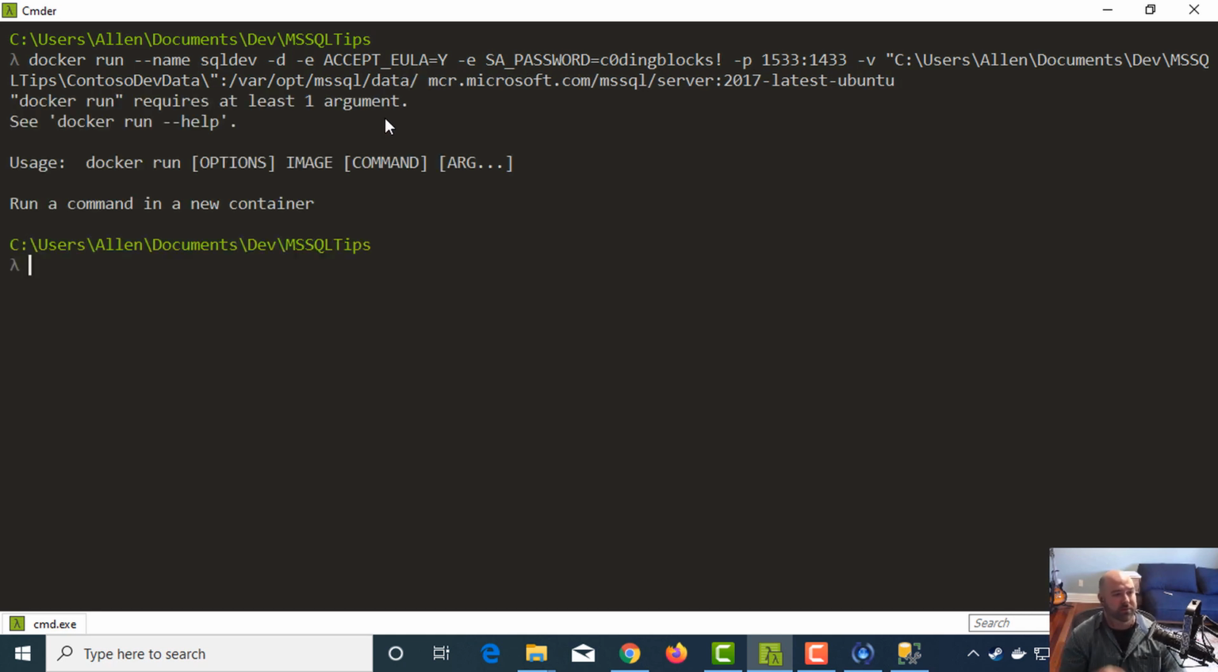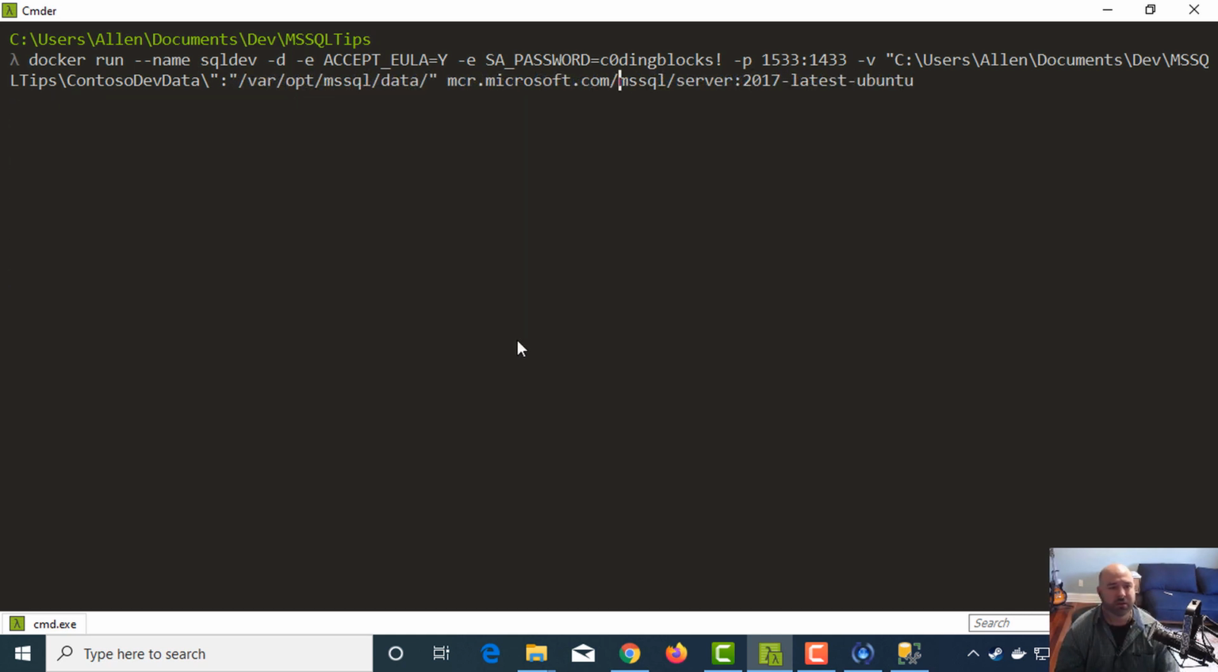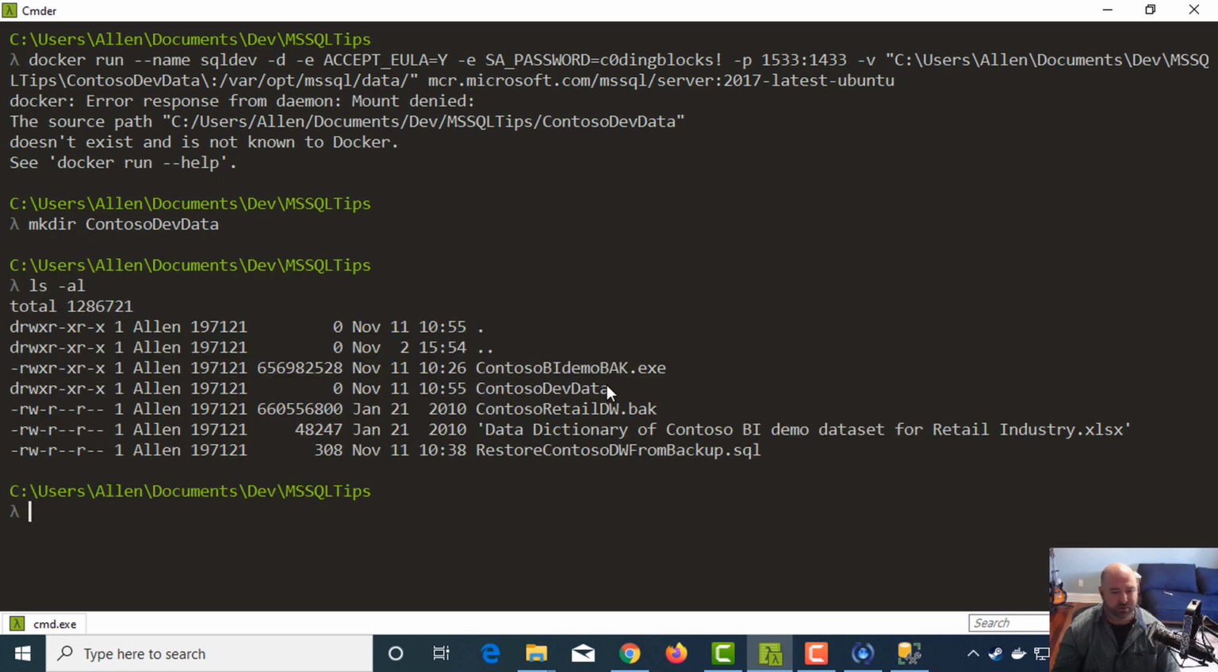Okay, so if I hit enter, requires at least one argument. What did I do? Okay, I think I know what I need to do here. I need to get rid of these quotes around the edges here. So for whatever reason, it's not liking that I have not created this folder. So I'm going to say mkdir and then contoso dev data. All right, so now I have a directory here that is contoso dev data. I've seen this happen in the past where it would just create it for you automatically, but apparently it